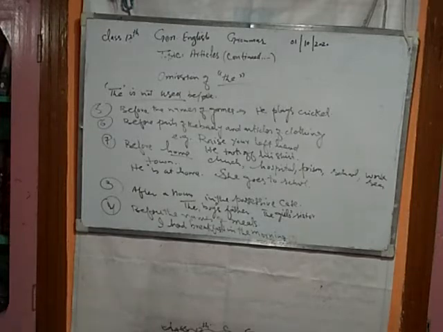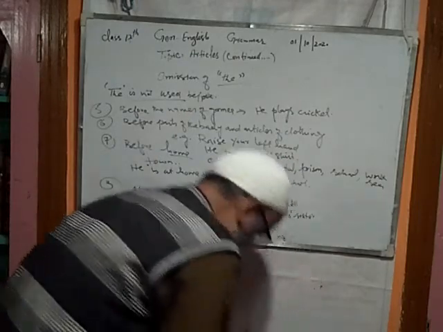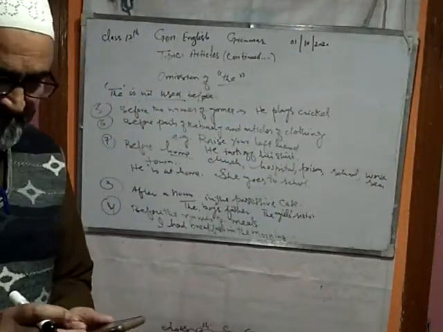Dear students, hope you have mastered the use of articles and their omission. Sometimes you may be asked a question to put a, an, the or zero article. Zero article means where there is omission of the articles a, an or the. Hope for good from you, and wish you the best of luck, dear students.